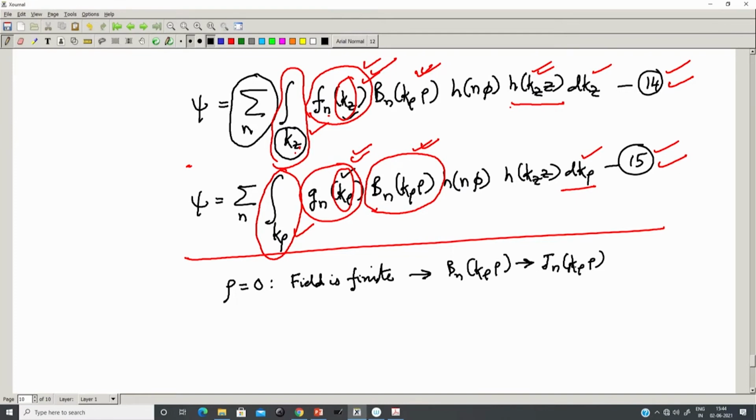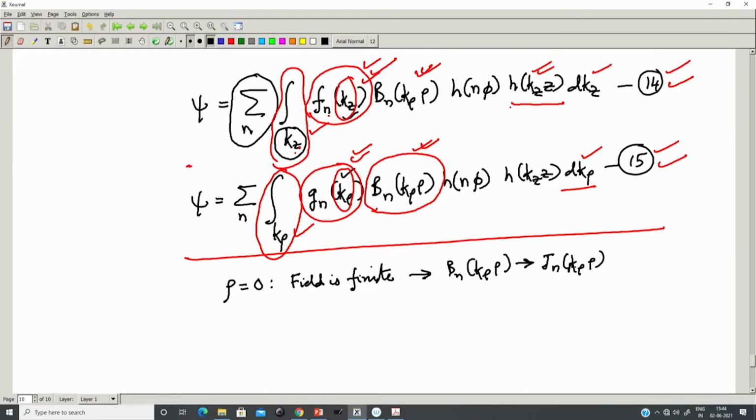Because all other functions lead to non-computable values, extremely large values as the argument tends to 0. I mean, it can be extremely large values in the negative sense, but they have a singular behavior, that is, Nn k rho, Hn1 k rho, Hn2 k rho will have non-computable singular values,